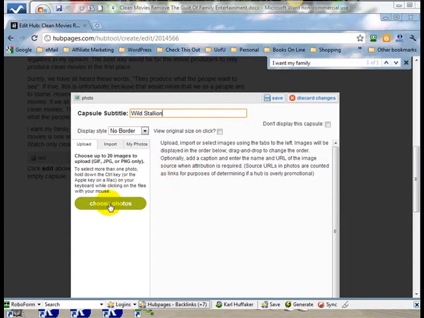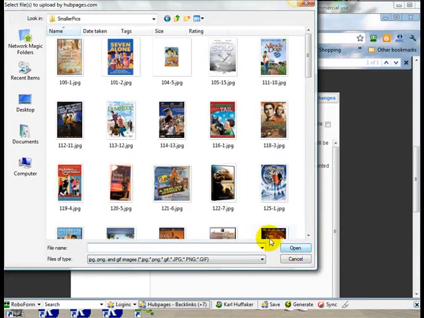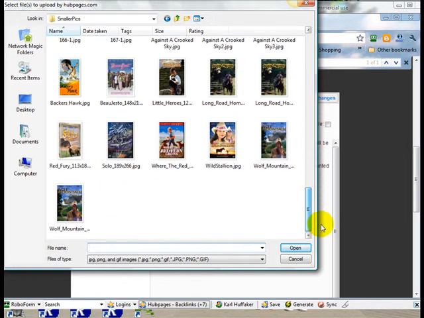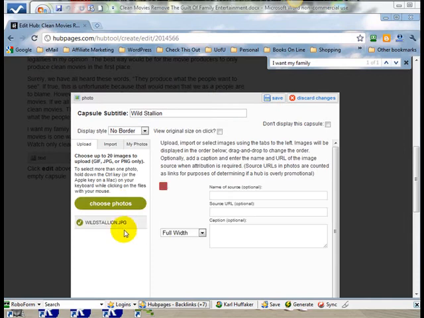Then I'm going to choose my photo, and go to my, I come down here, I think it's at the bottom, there we go. Okay, choose my photo,